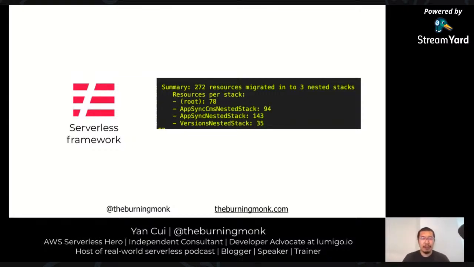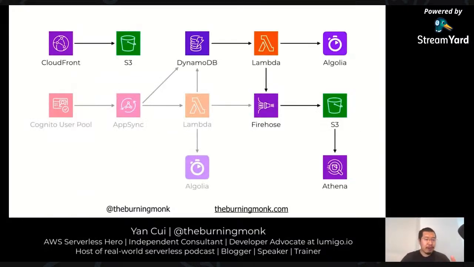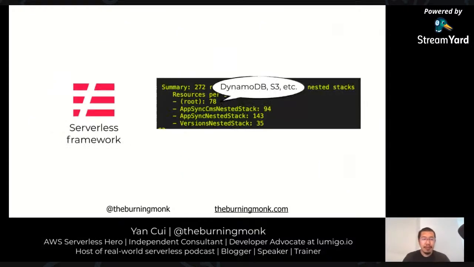And I wanted to split them by the AppSync API that the resource belongs to, whereby all my shared resources like DynamoDB tables, S3 buckets, and some of the Lambda functions that are not part of the AppSync API, like the function that I had for processing and synchronizing data in the background or to send them to Algolia and so on, are all in the parent or my root stack.